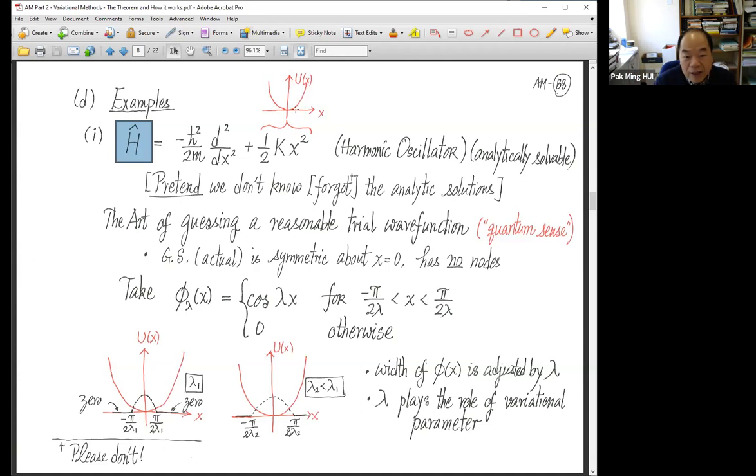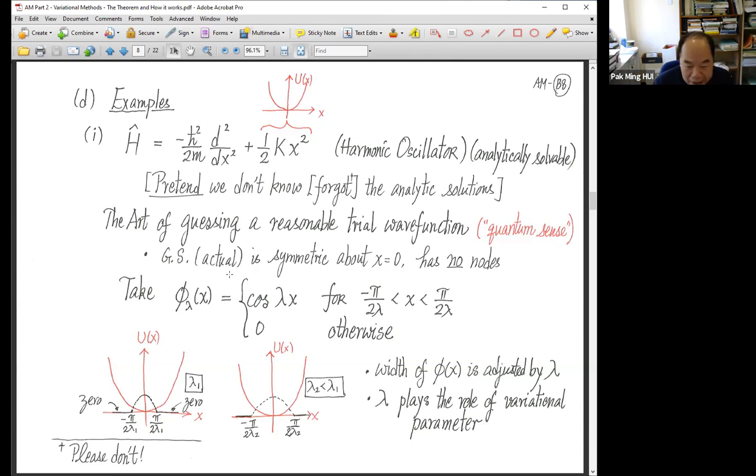So, and the wave function should die off away from the center. So ψ should drop, okay? If it is ground state, there should be more probability to find the particle around the place where the potential energy is smaller, so near the center. Okay, so with all this idea, let's